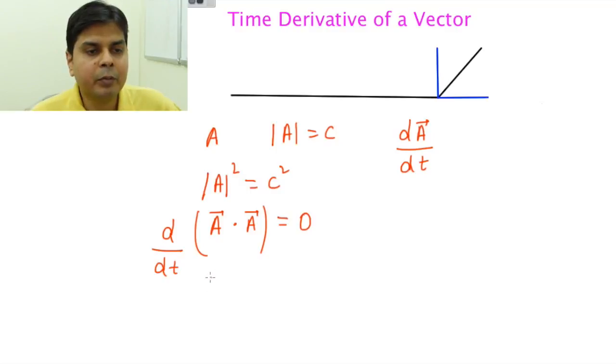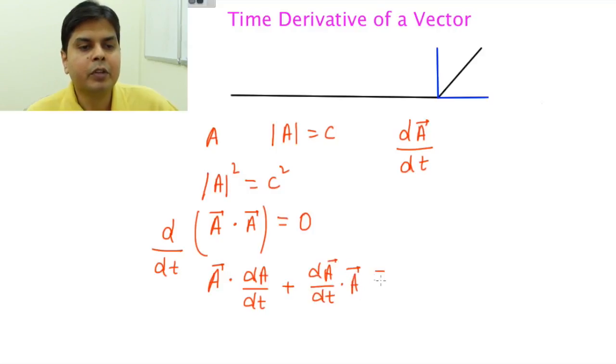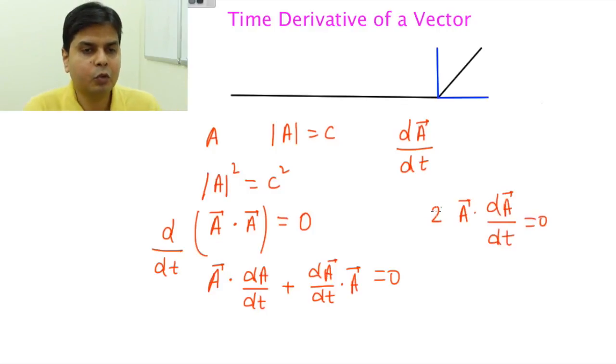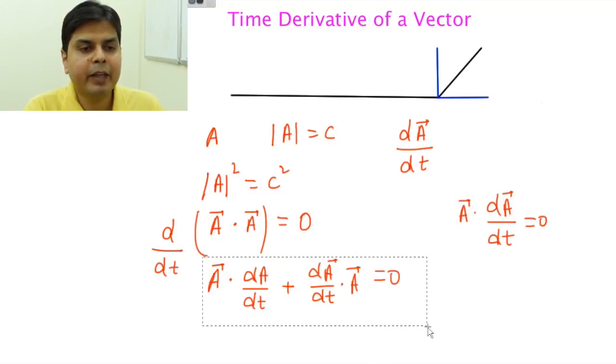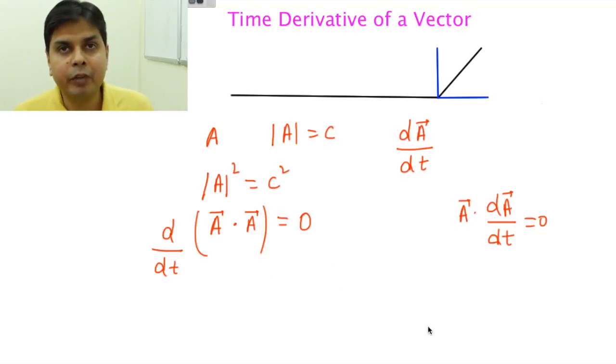Use the chain rule, so it will become A dot dA by dt plus dA by dt dot A is equal to 0. Since the scalar dot product is commutative, the whole thing I can write as 2 times A dot dA by dt is equal to 0. I can remove this 2 also because it is of no use. So what I have found out is that when the magnitude of any vector, be it position vector, velocity vector, acceleration, whatever, if it is constant, then this derivative dA by dt has to be perpendicular to this